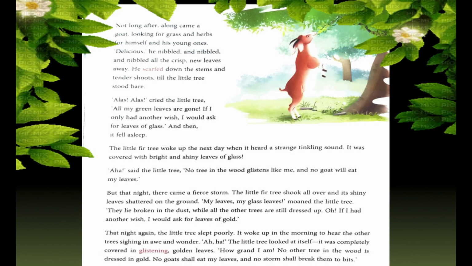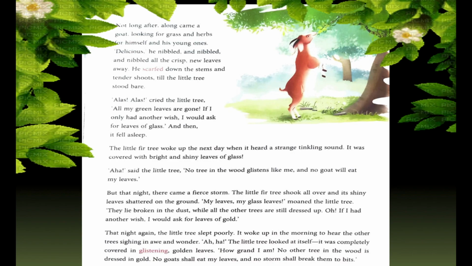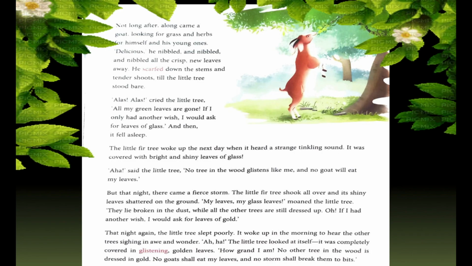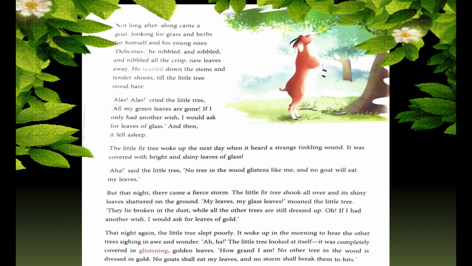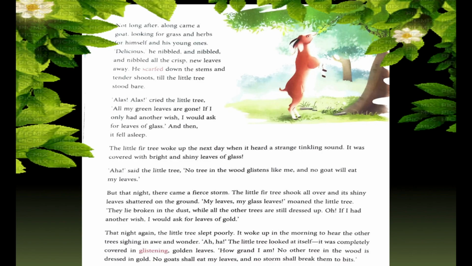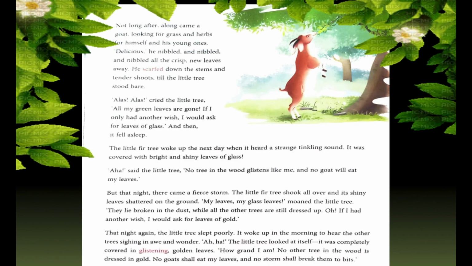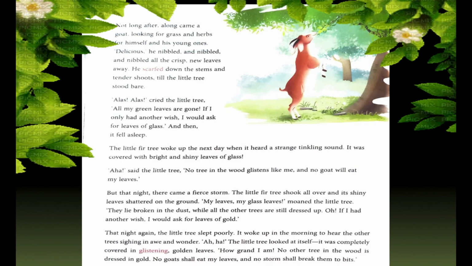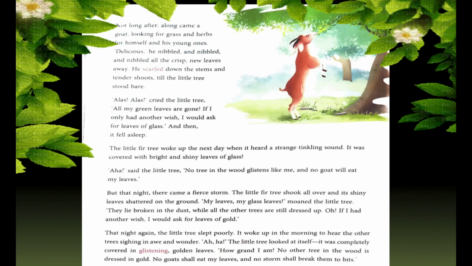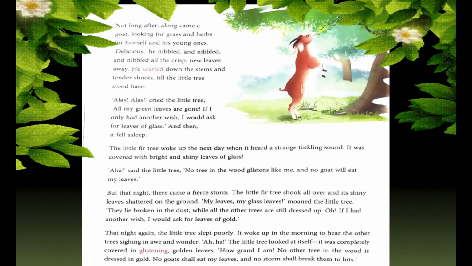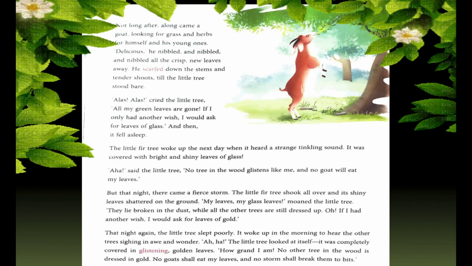The little fir tree woke up the next day when it heard a strange tinkling sound. It was covered with bright and shiny leaves of glass. "Aha!" said the little tree. "No tree in the wood glistens like me, and no goat will eat my leaves." But that night there came a freezing storm.